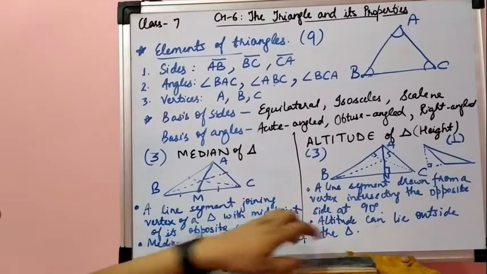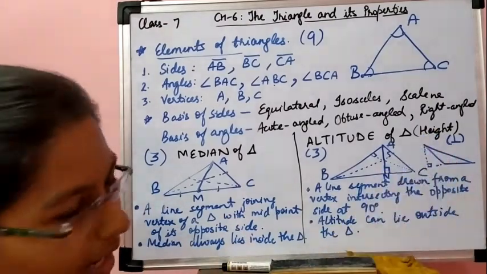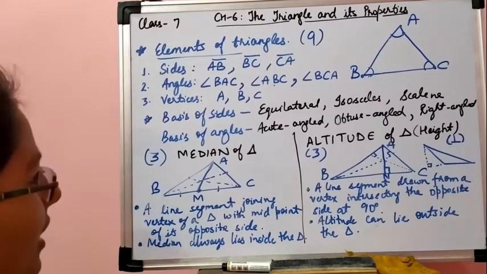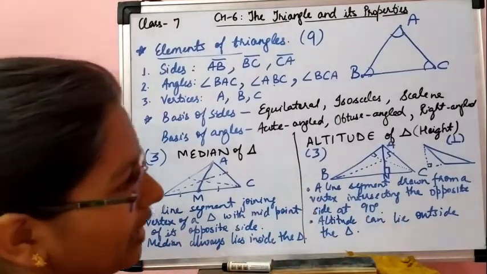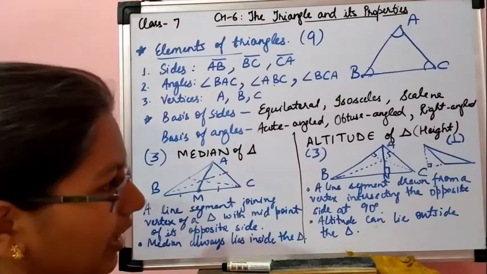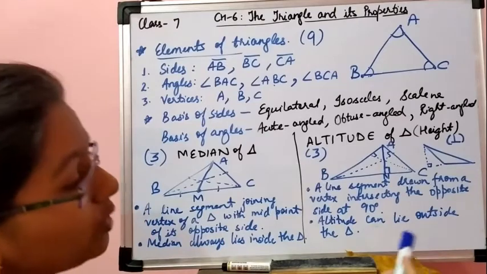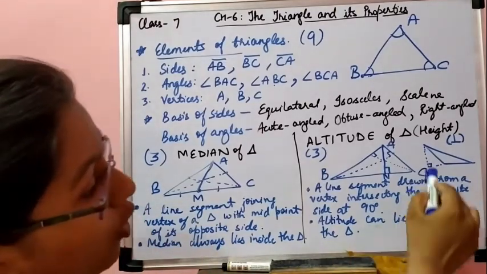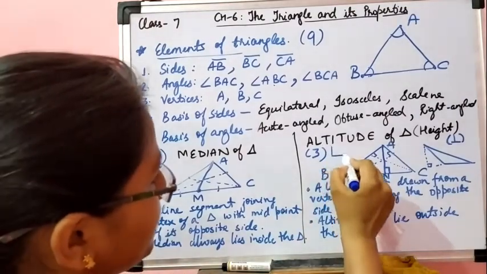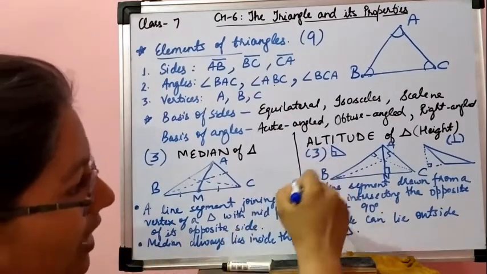In short, median is something which is coming in between, and altitude is something that is height and that is perpendicular. So this is the difference between median and altitude of a triangle. There can be 3 medians, there can be 3 altitudes. Okay, and all the medians lie inside the triangle for any type of triangle, and all the altitudes can lie outside also, inside also, or on the line segment also. अगर supposedly आपका right angle triangle है, so in this case altitude lies on the side of the triangle.